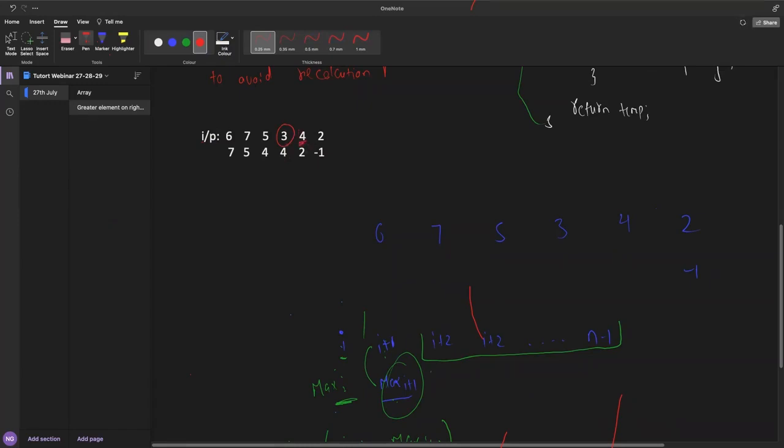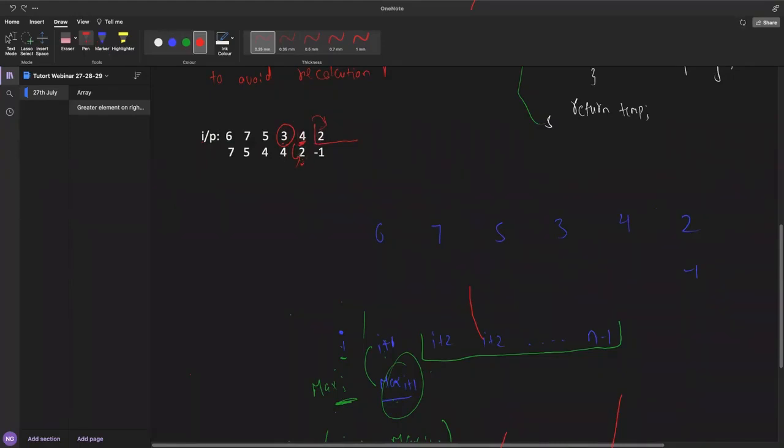For this 4, when you replace this 4 with 2, it indicates what is the maximum: 2 is the maximum element among all the elements on the right hand side of 4. Okay, so for 3, you have not just compared these two elements. If you compare these two elements, it means that you will be finding the maximum among all the other elements.